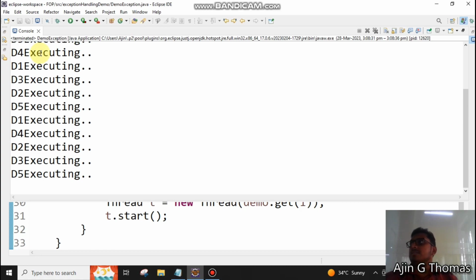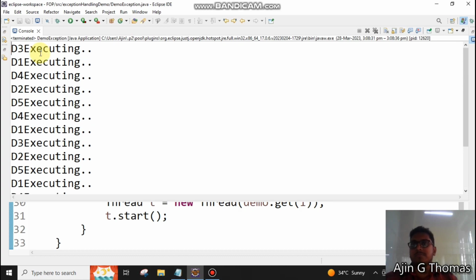Five threads are there. It will count 1, 2, 3. Every time it will wait for 1 second. In that 1 second, another thread can execute. Correct. So it is starting from 3. 3 is executing, and it will wait for 1 second. By the time